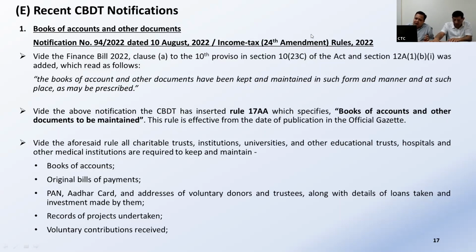This list can change time and again based on the operations of the trust and the activities done by the trust. Now, how does this have to be maintained? All the above books and documents are required to be maintained for a period of 10 years from the end of the relevant assessment year, that is effectively 11 years from the end of the previous year. The records may be kept in written form, electronic form, digital form, or as printouts of data stored in electronic, digital or any other form of electromagnetic data storage device. So you need not maintain physical records; you can maintain digital records.